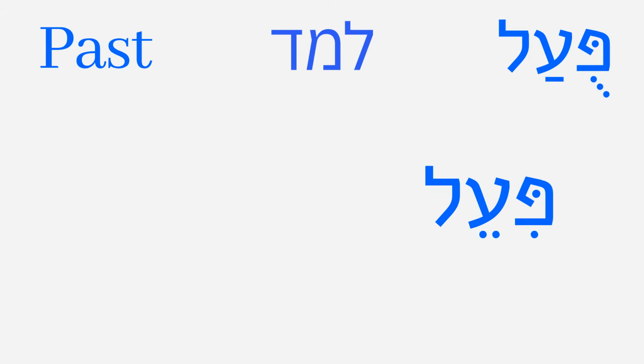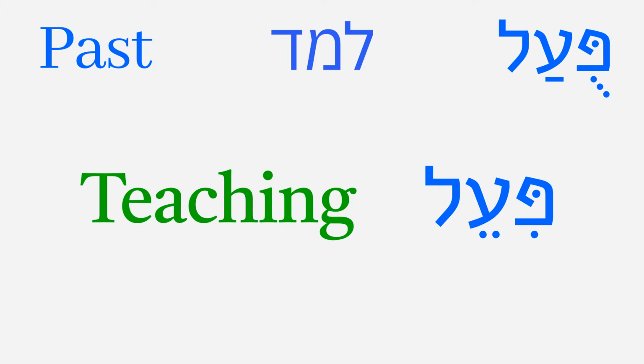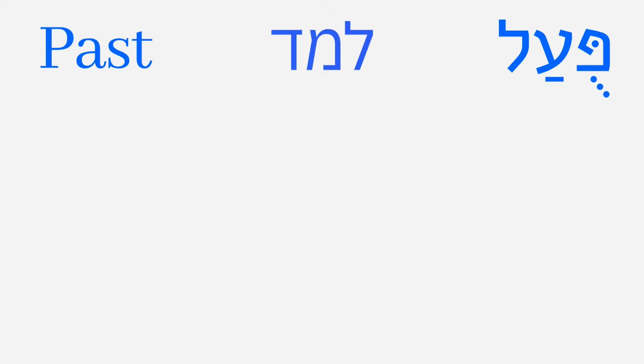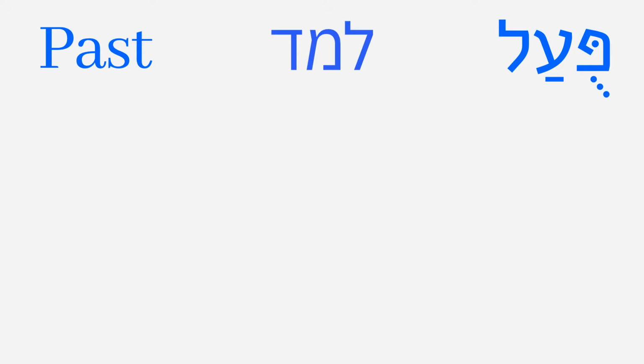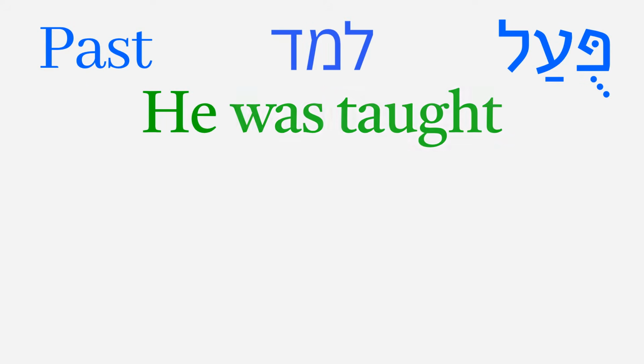Remember that in the PL, this root has a meaning of teaching. Since the Pual is the passive form of the PL, it will have a meaning of being taught. The most simple past tense verb will be the one whose subject is hu, he. He was taught. To form this Pual past tense verb, we'll have the first root letter, the Lamed, with an